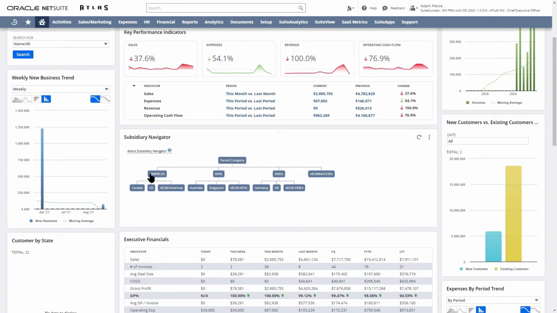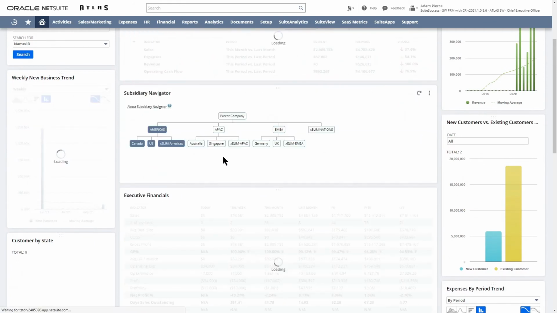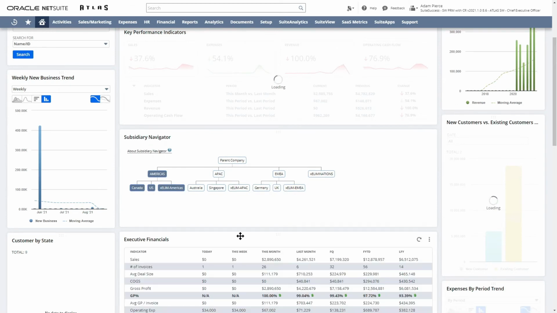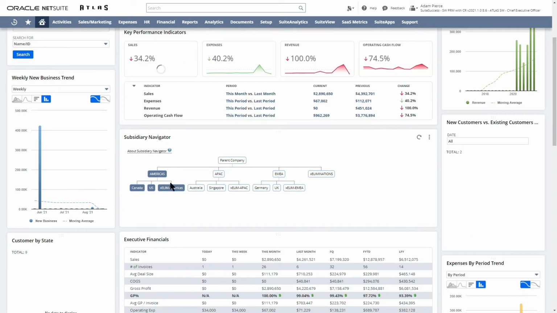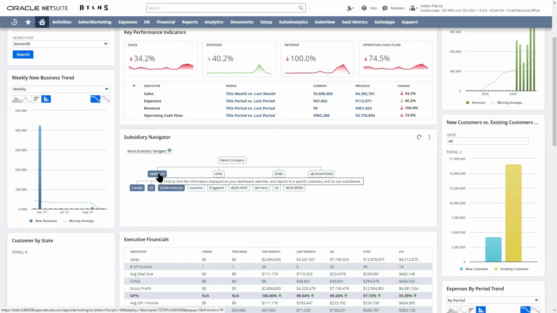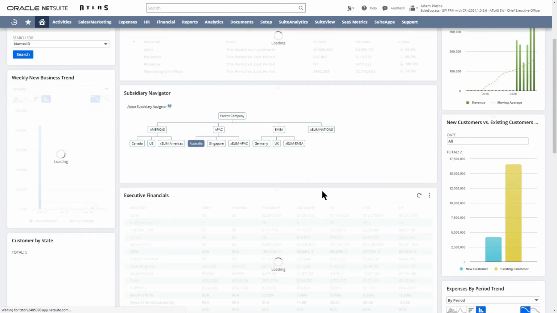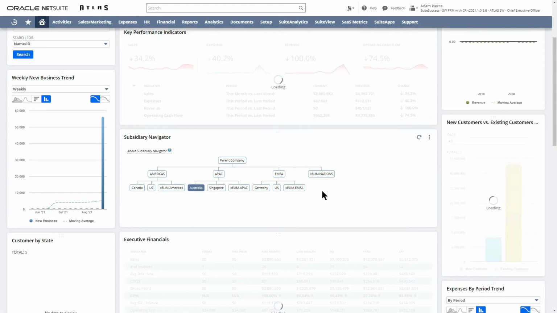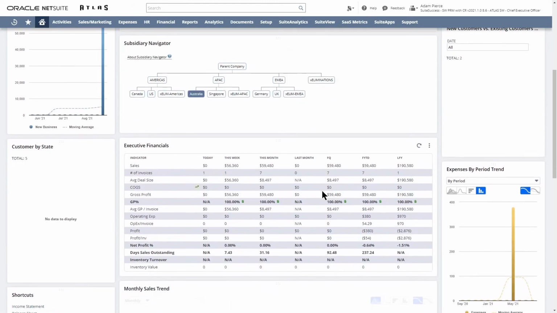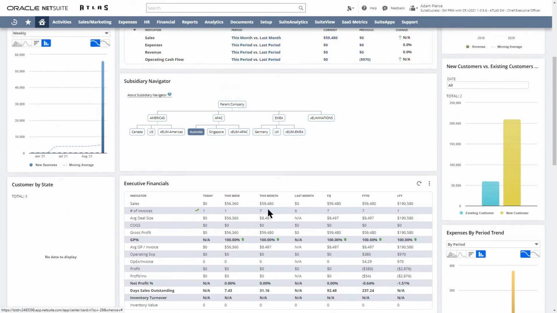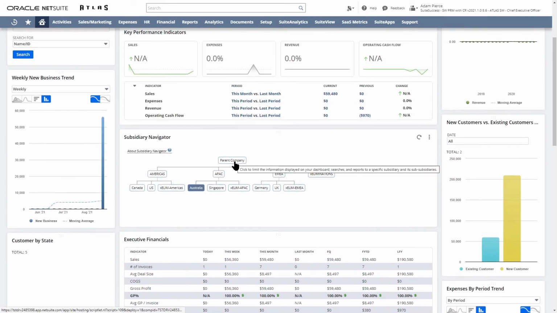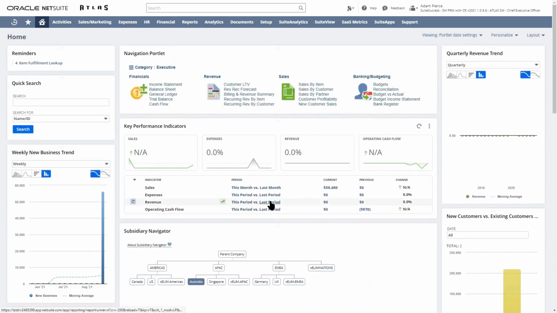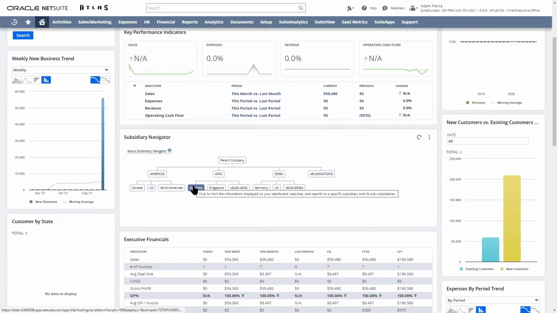I may want to just go ahead and look at it from the specific perspective of the Americas region. So if I do that, then my entire dashboard will update and it will show me everything from the Americas region. If I want to look at just Australia, for example, I click on that element of the Subsidiary Navigator and everything will update. I'm now in Australian dollars as opposed to US dollars as I would have been for the parent company. Everything I'm looking at is in Australian dollars and I'm only looking at data which is pertinent to that particular